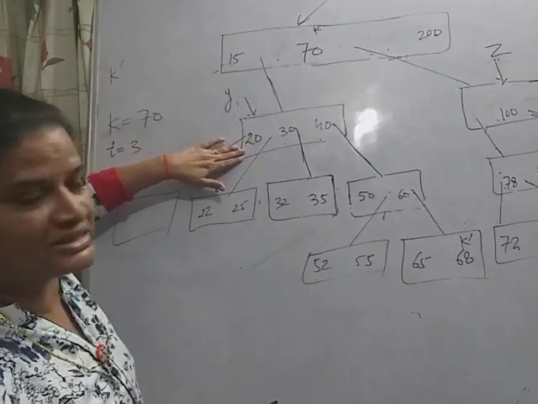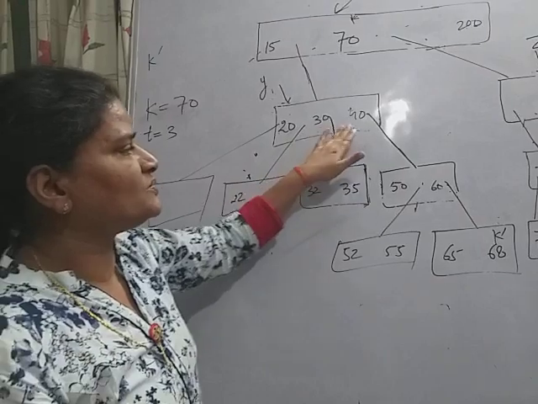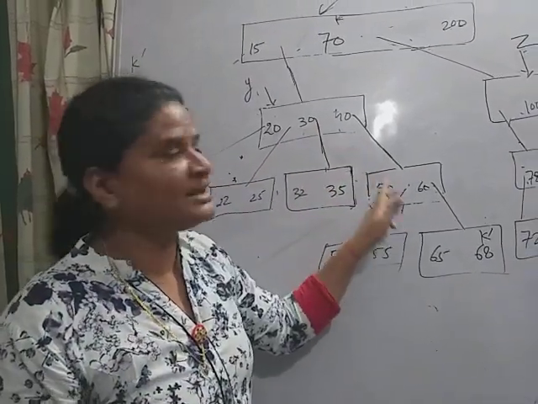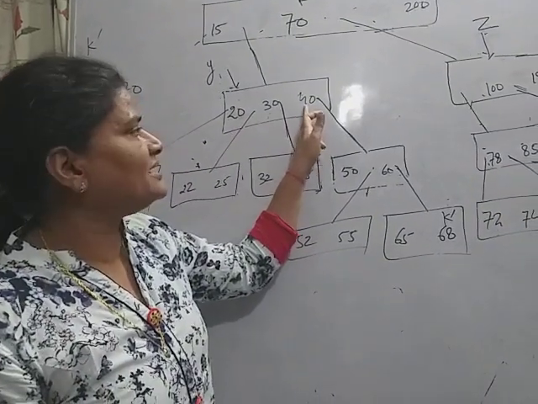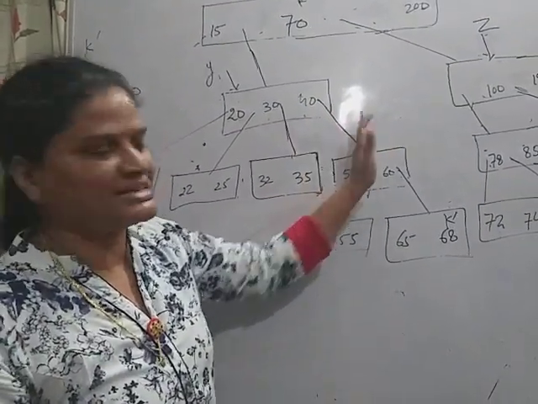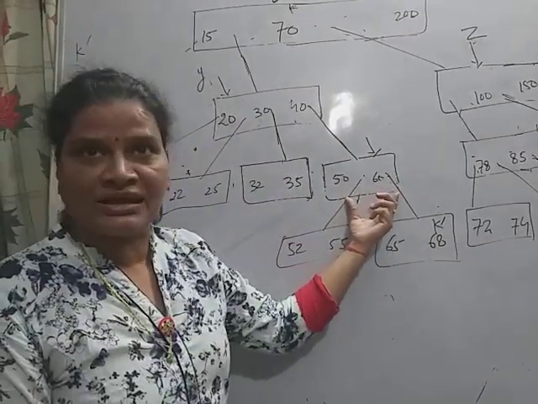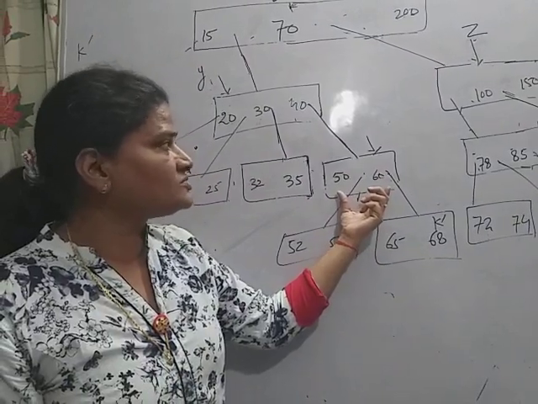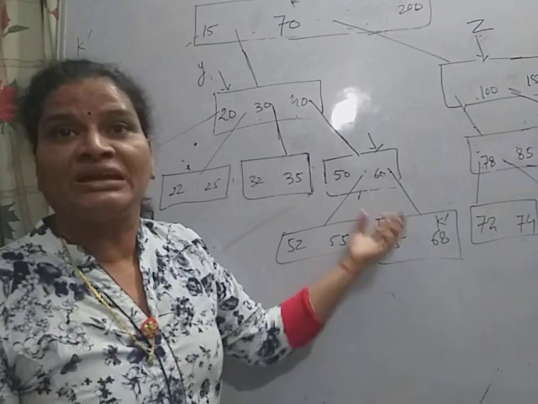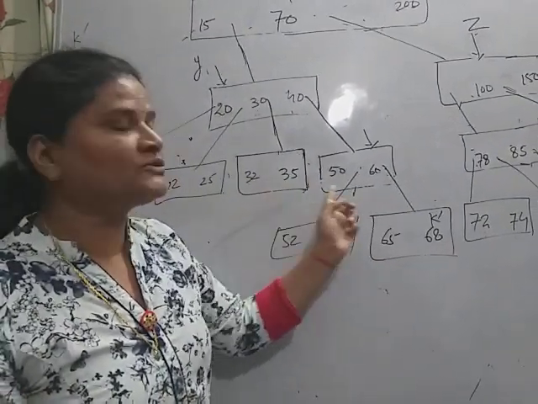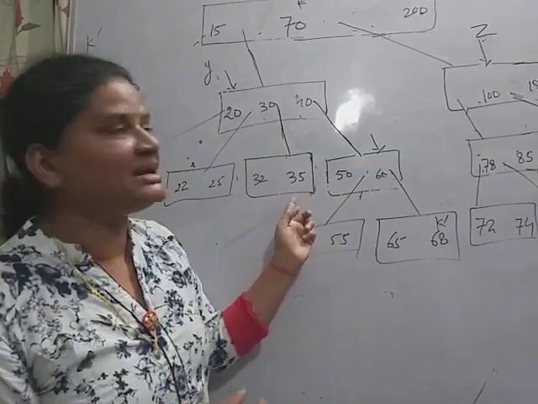So we start from this node and this node contains t keys. Now the problem is to consider its rightmost child, if this is not a leaf. If this is not a leaf, then we consider its last child, the (2t)th child. Here the last child of y is this. This is not a leaf, and also it does not contain t keys. So before moving down, you have to merge it with its immediate sibling.